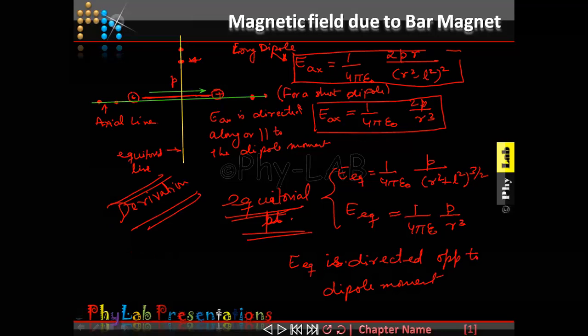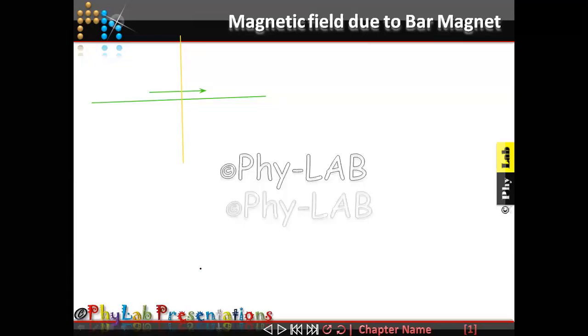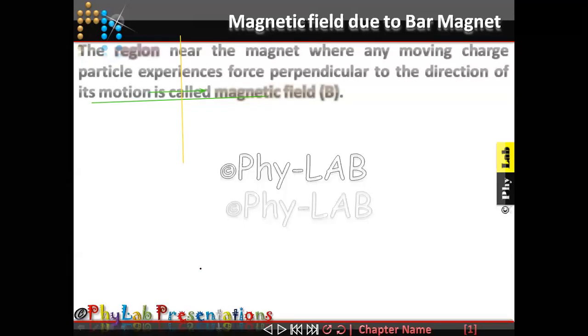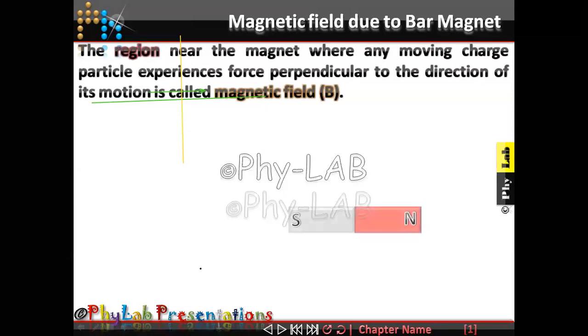So derivation is for electrostatics. Learn the derivation with reference to electrostatics only. Now here we are going to use this result. So if you go back and see these results, so for a bar magnet also,